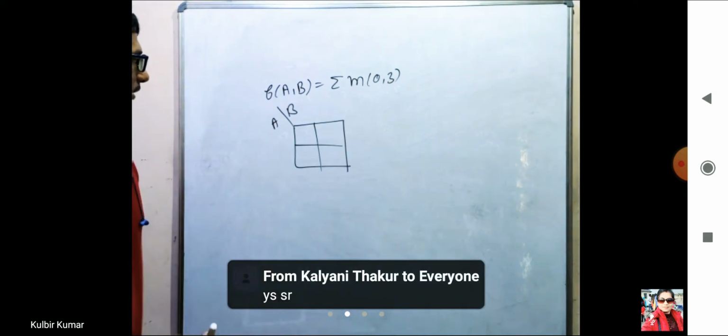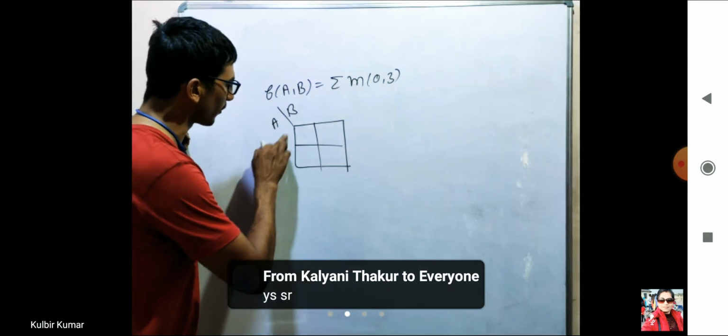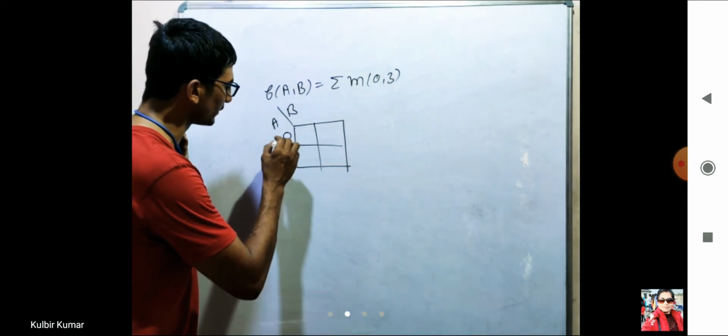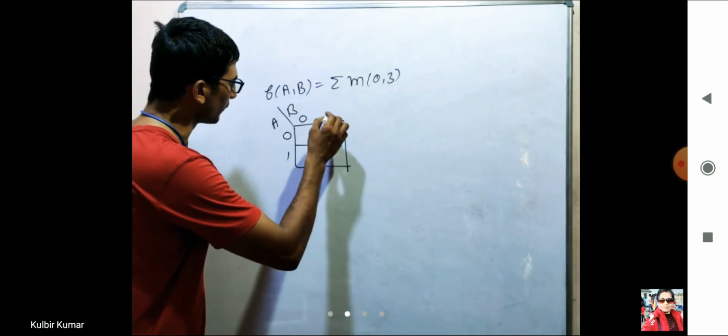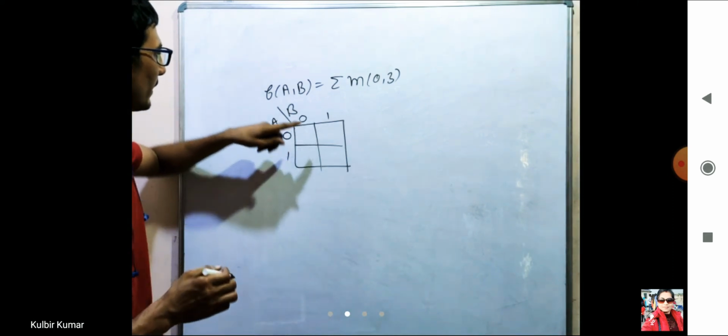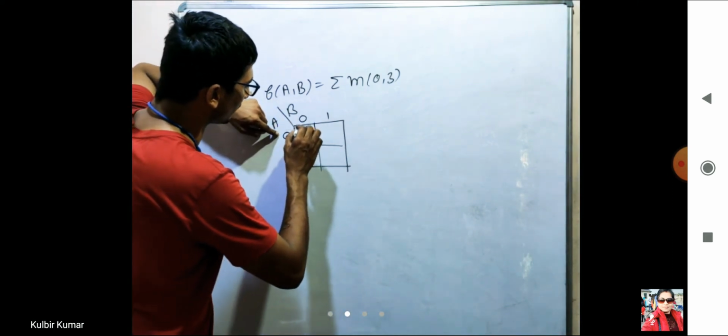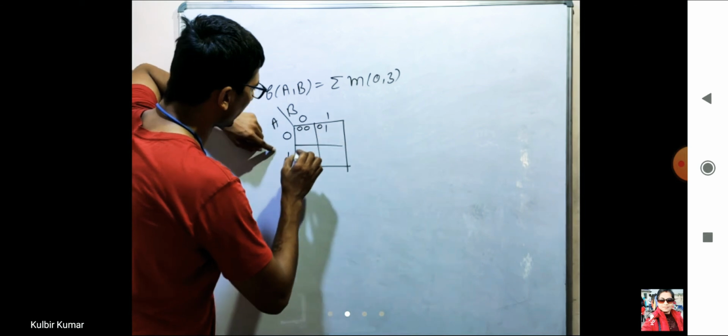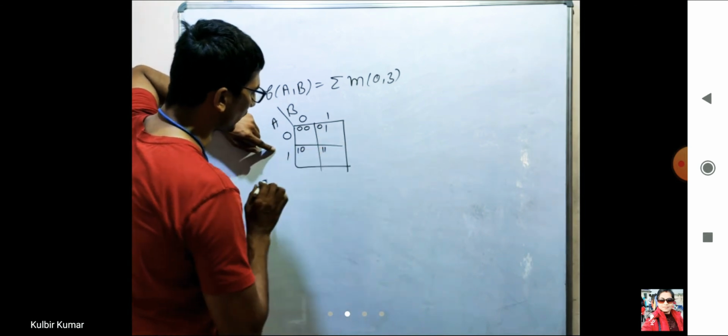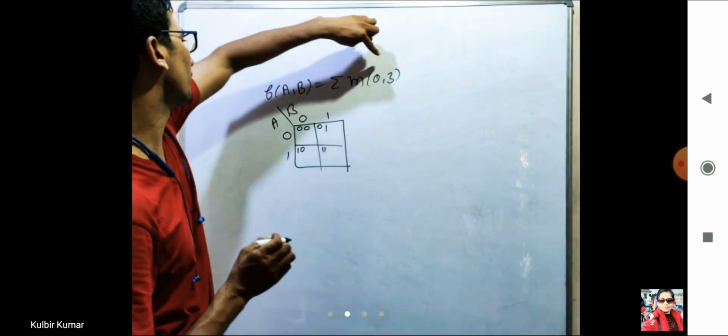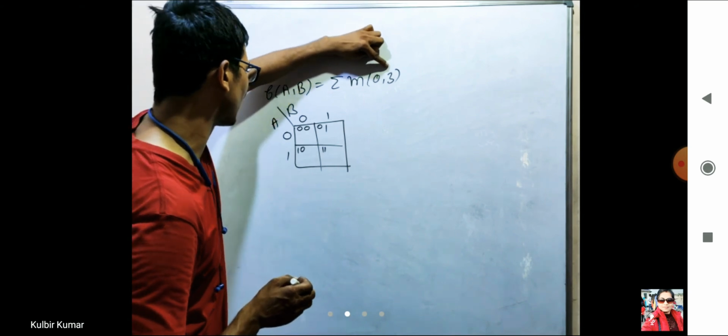Okay, so let us take two variables. So you have to take combinations of a. So a might be 0, it might be 1. B might be 0, B might be 1. So let us see इस सेल में a और b का कॉम्बिनेशन क्या बनेगा? 0 0 इस सेल में, 0 1 इस सेल में, 1 0, लास्ट सेल में क्या होगा? 1 1. So जहां जहां पे हमारे पास आउटपुट 1 है उन सेल्स को फिल कर दो.